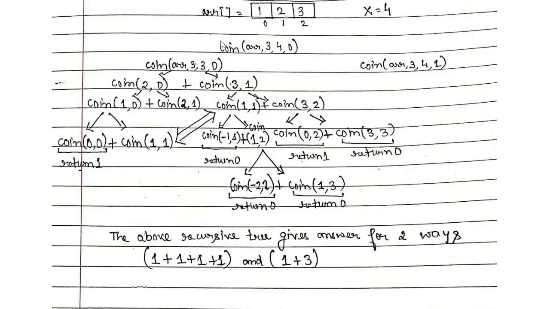So for approaching this problem with the help of dynamic programming, what we need to have is optimal substructure as well as overlapping subproblems. So we do see we have overlapping subproblems over here, such as this coin 1 comma 1 and this coin 1 comma 1. So if I just branch out for this coin 1 comma 1, then I would be seeing more overlapping subproblems. But I didn't do it over here because I can easily see with the help of this recursive call over here. And do we have optimal substructure? Yes, we do have optimal substructure. Why? Because with the help of all these base cases and all these subproblems, we devised a solution for this main intended problem, and hence we can say we have an optimal substructure.